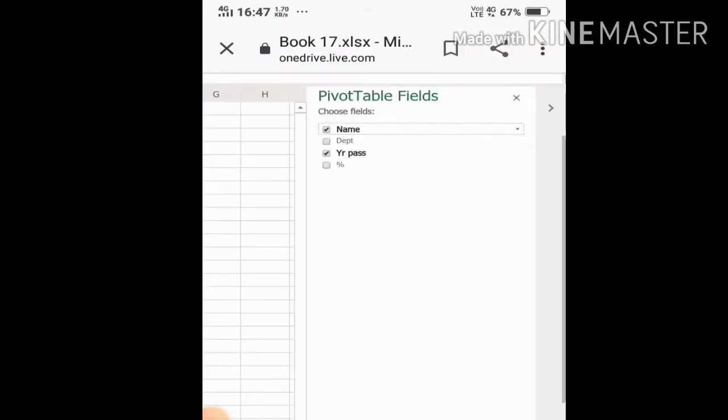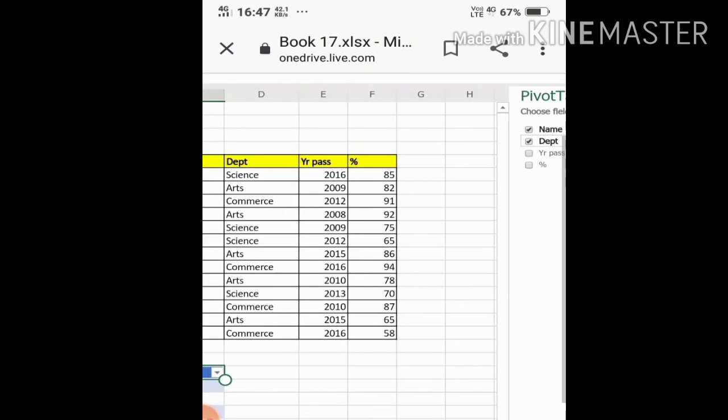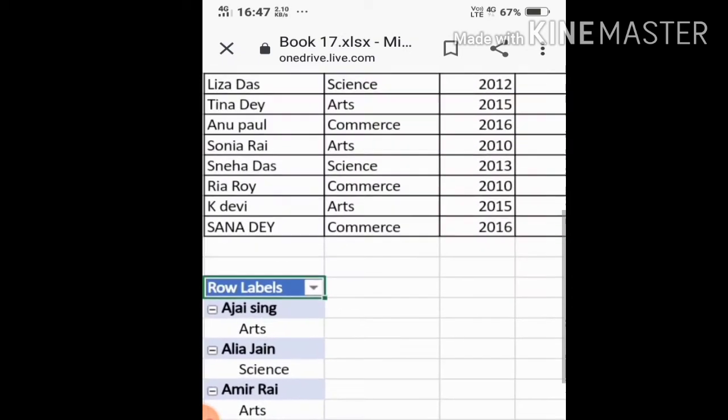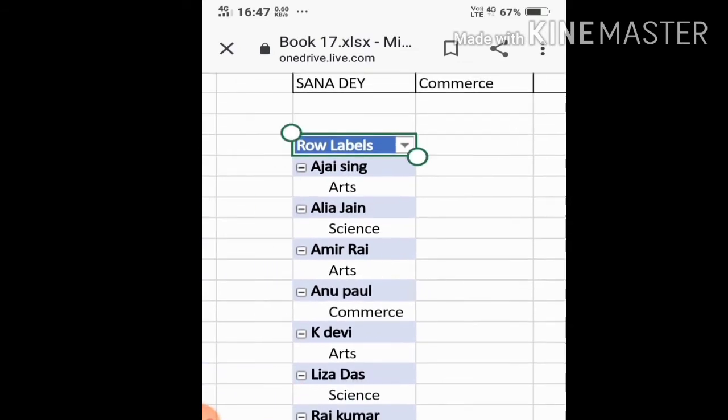Name and department. So see here, it has appeared, names and their respective departments.